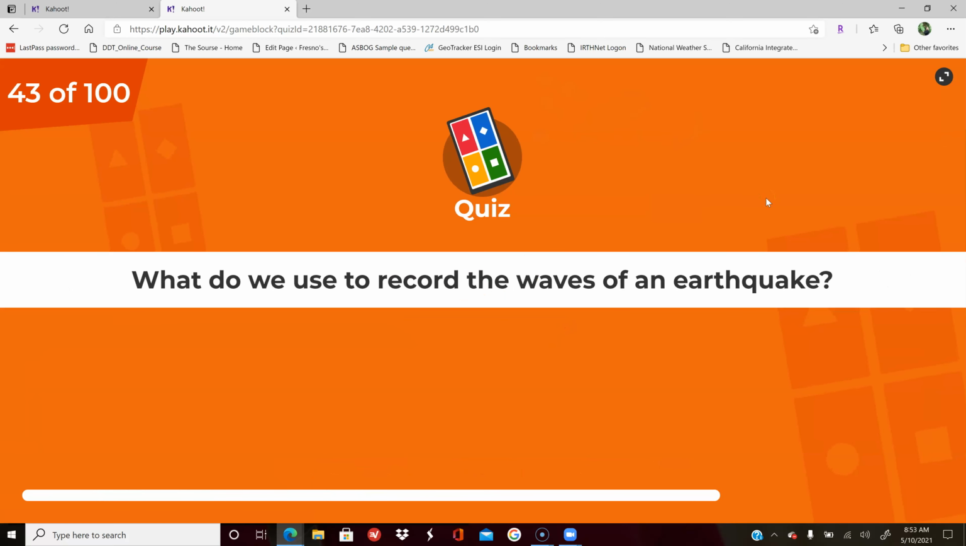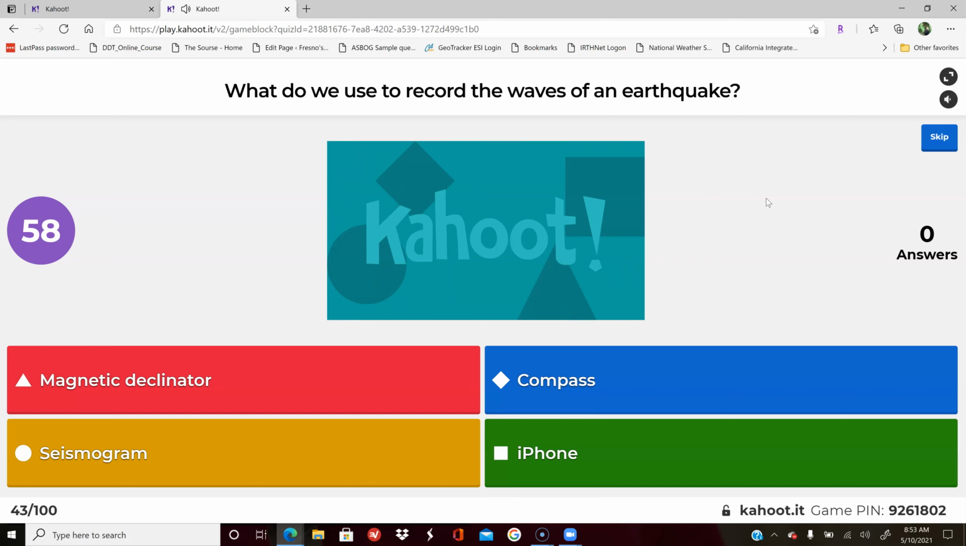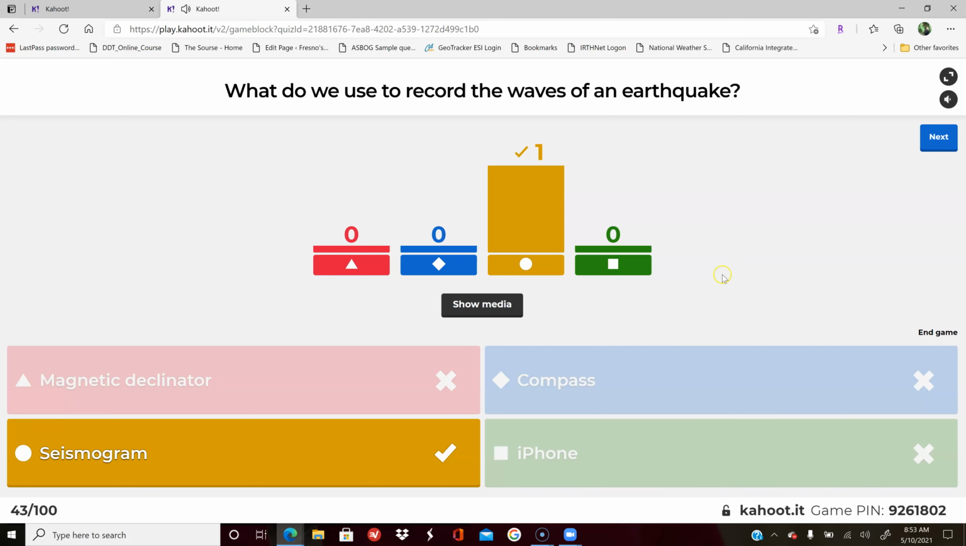What do we use to record the waves of an earthquake? A magnetic declinator, a compass, a seismogram, or an iPhone? That would be a